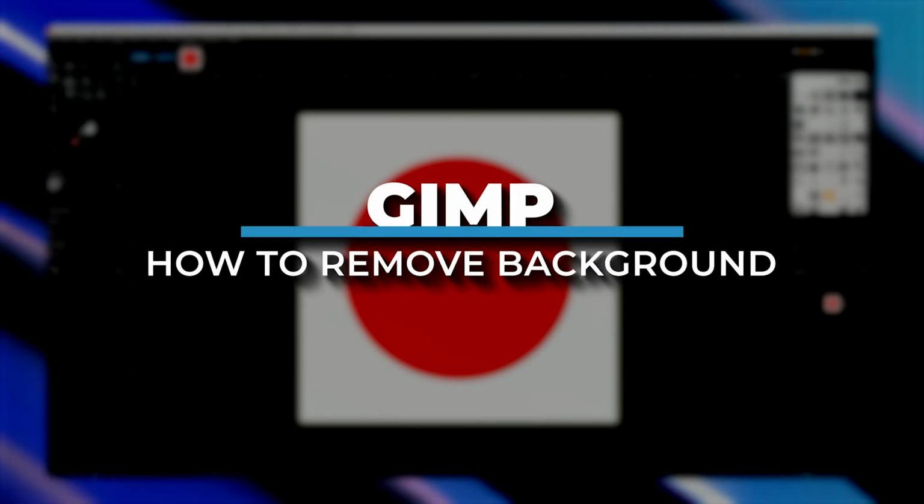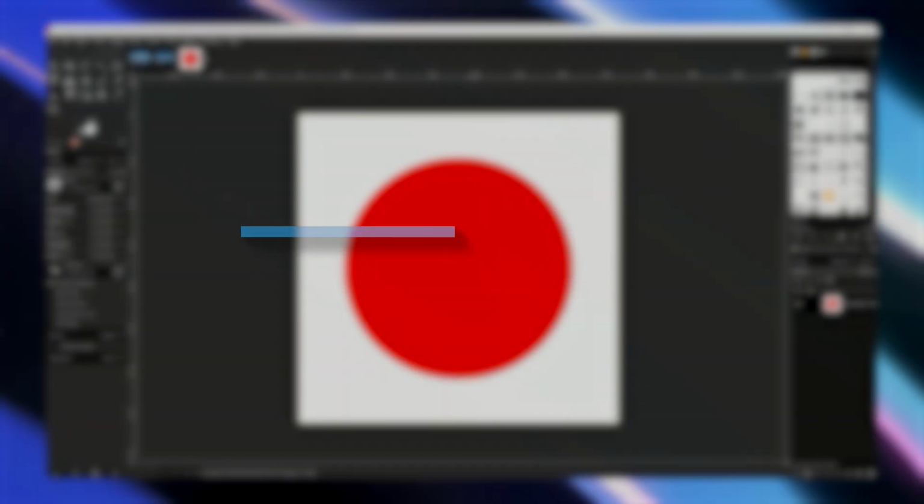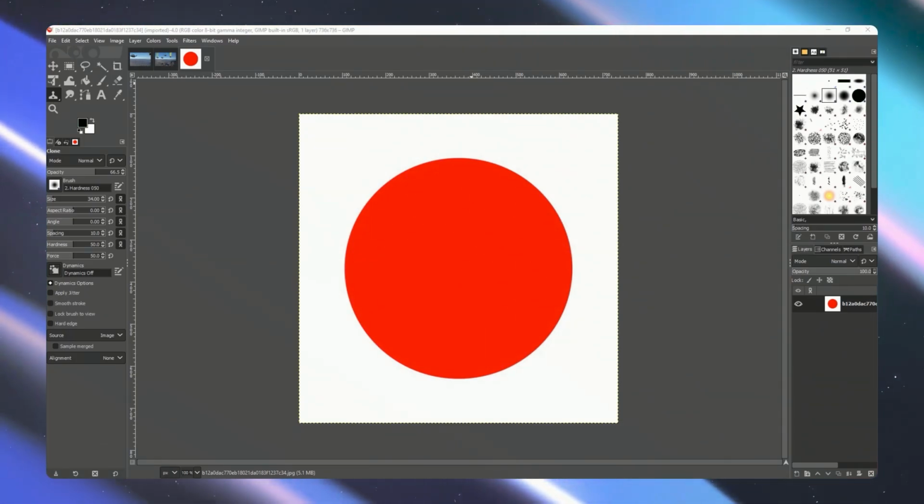Hey everyone, in today's video I am going to show you how to remove background on GIMP. So let's get started. We have our photo here already opened in GIMP, and from here the first thing